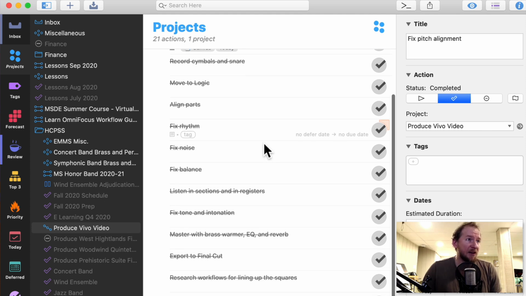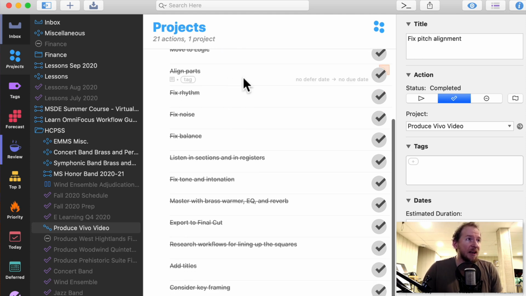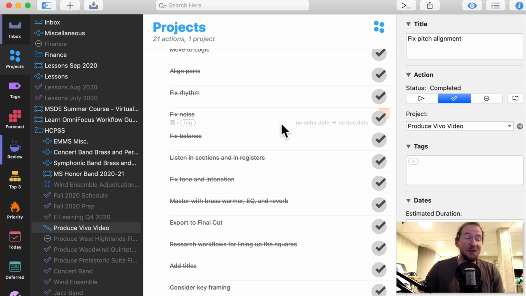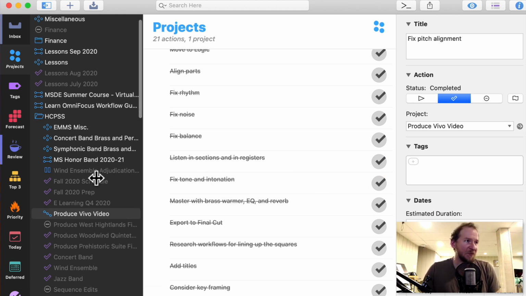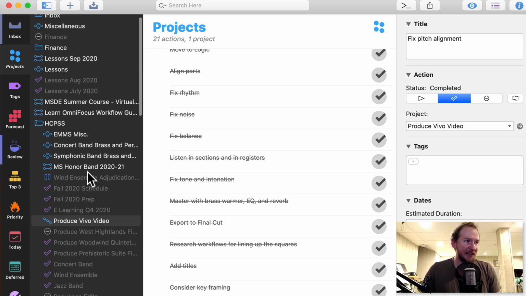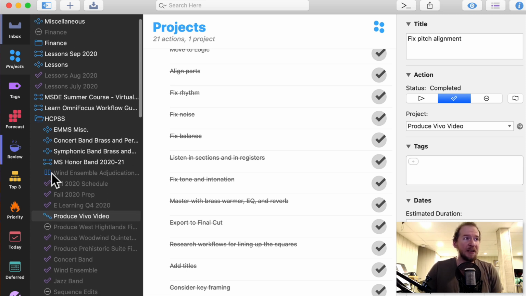Everything from the order of how I edit things. At one point I needed to align the parts rhythmically, fix any noise in any of the parts, because these students are performing in their bedrooms, usually with microphones, balancing, listening in sections and in registers of instruments, and fixing tone and intonation to the best of my ability. So I have this sequenced list that was important for me to go through in order. But I think you're getting the idea that that's a little bit more rare for me. However rare it is,